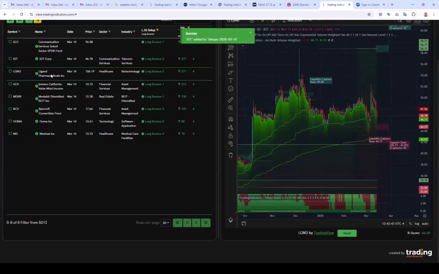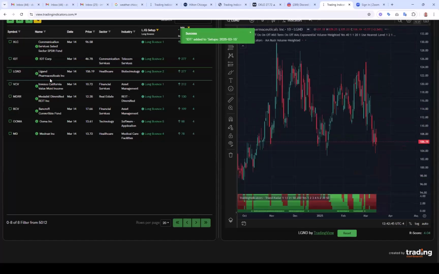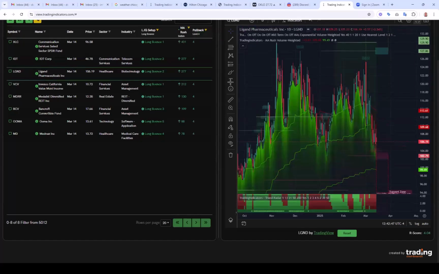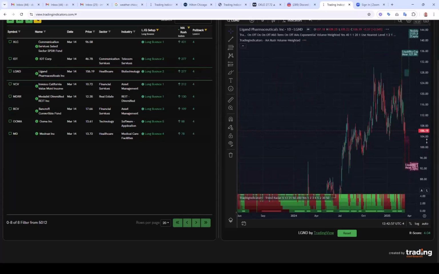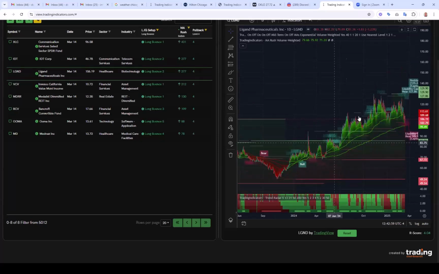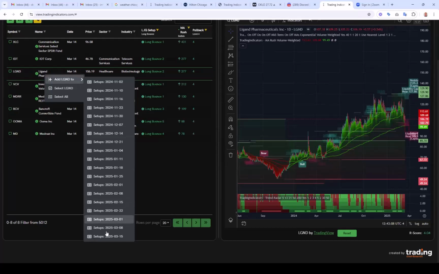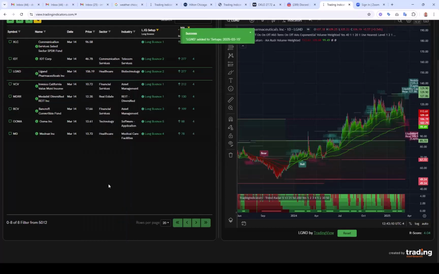And perhaps one more. Legend Pharmaceuticals Inc. Yeah, also this one here bullish for 277 trading days. We are also at this key support level, level 4 pullback in Trend Radar. And yeah, we can see it here, a stock which has been quite bullish. And now we're right at this level here. So also this one could be interesting for a potential bounce to the upside. So I'm also going to add this one to our watch list. And you can see how easy it is to